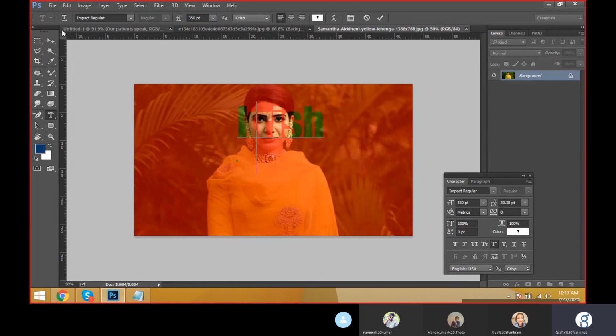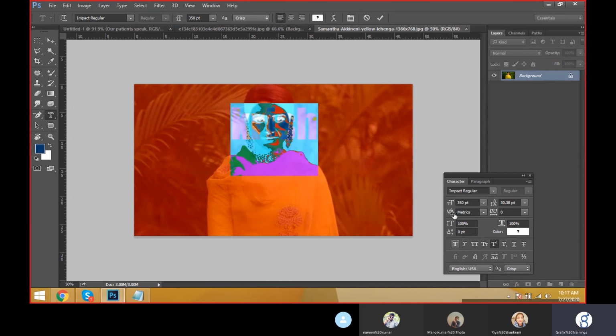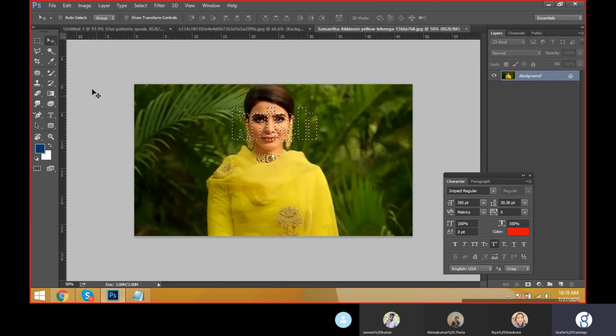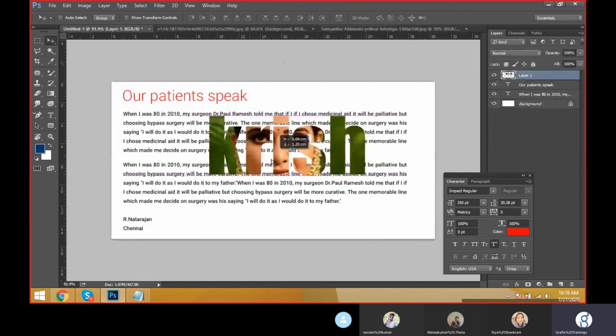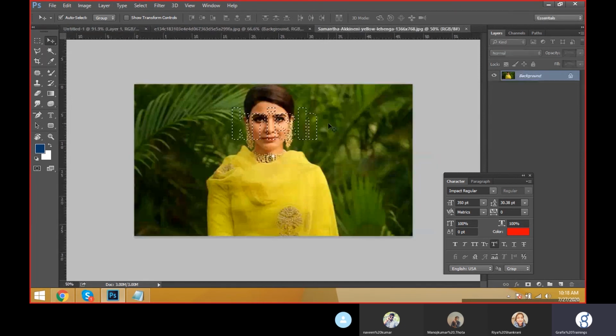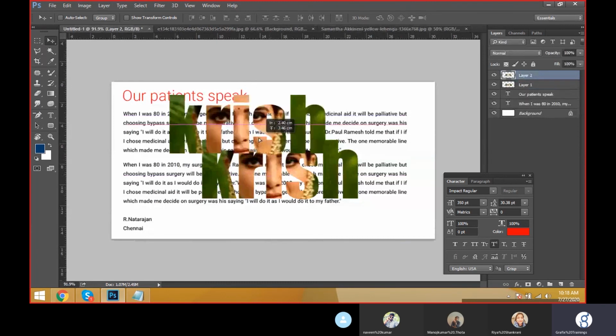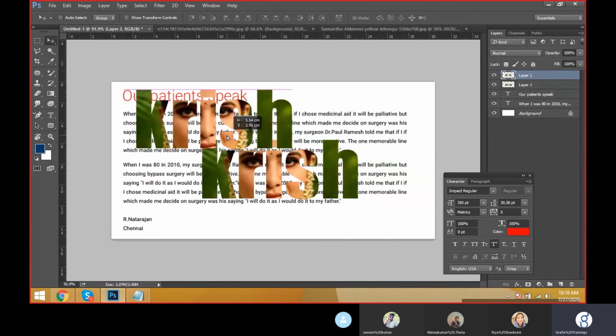Take a move tool. When you take the move tool, you can apply all these properties to the text. Take a move tool for the selection and move it from one background to another background, or otherwise you can copy, Control C, come here, Control V, paste. Text tool is very important, friends. Don't miss the session. Okay, don't miss the practicals also.